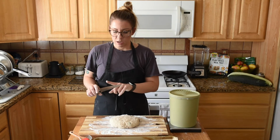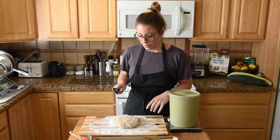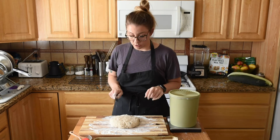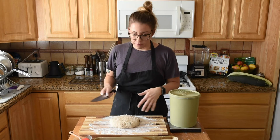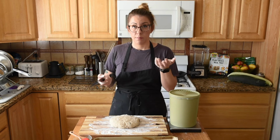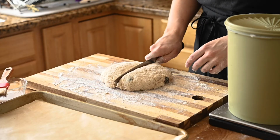And now I'm just going to cut with a very sharp knife. You can also use a pastry cutter or board scraper. Either way, we're gonna do 8 triangle scones. You can also do a biscuit cutter with this if you want them to be round. It's really a personal preference, but you want them to all be the same size so that they have the same baking time, basically. So do the half cut first,